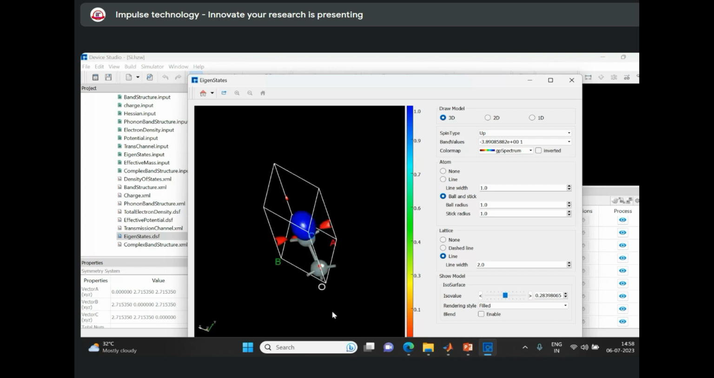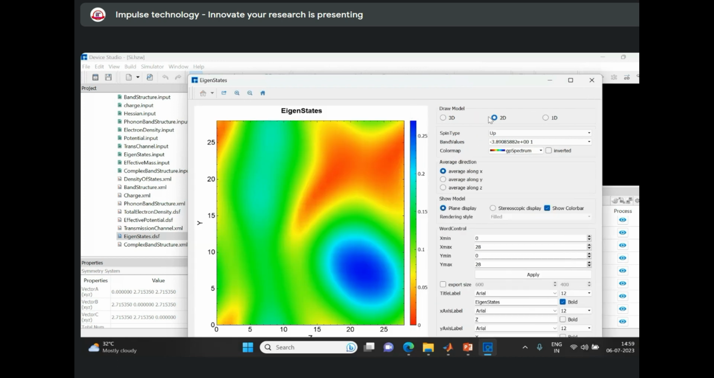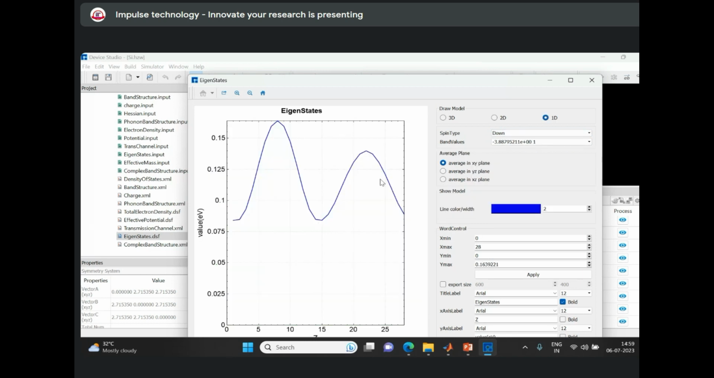This is the 3D view. This is the 2D view. Here you can see this is the spin up, this is the spin down, and this is the 1D view. Spin up, spin down,